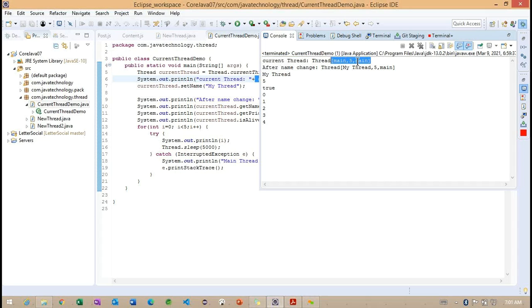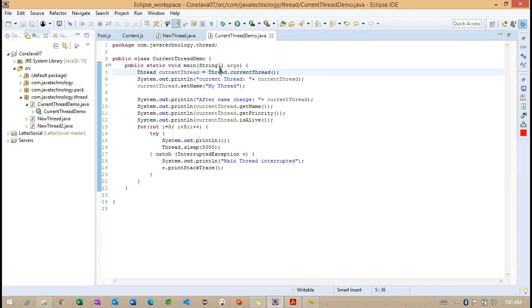Basically, this information is coming from the toString method, which is overridden in the Thread class. Let's focus on what exactly this message is converting to. Make sure this is the name of the thread, the first one; the 5 indicates the priority of the thread; and the third one comes from the thread group.